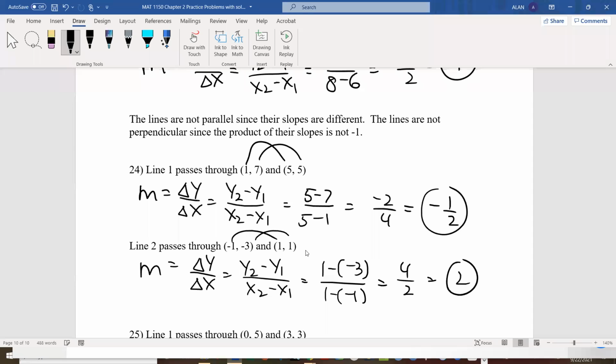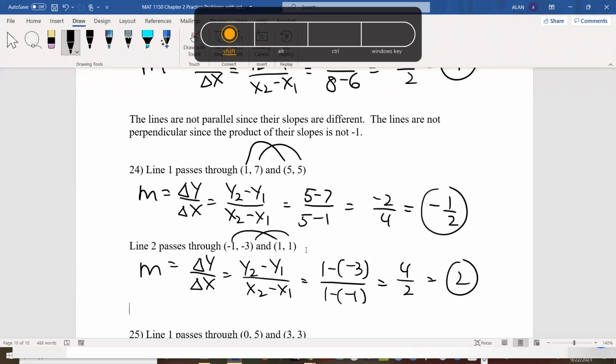See, now we're getting somewhere. This one looks promising because